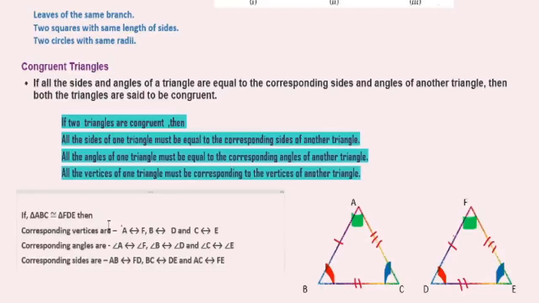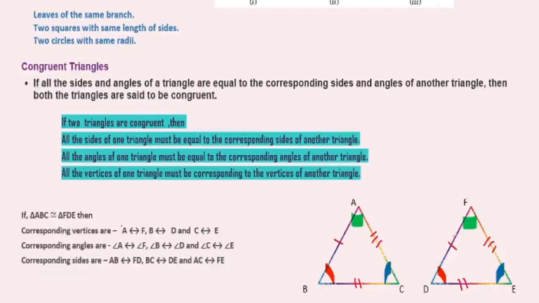Here you can see the angles and sides are corresponding to each other, and these are called the corresponding parts of congruent triangles. That means if two triangles are congruent, then the angles and sides are equal. There are three angles and three sides. They are known as corresponding parts of congruent triangles. While solving a question, we will write it as CPCT. CPCT means corresponding parts of congruent triangles.